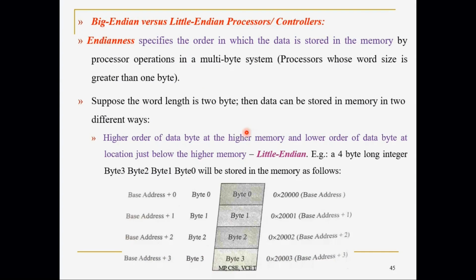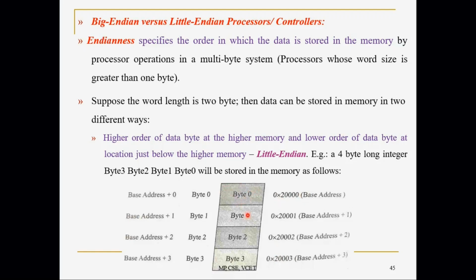So the next concept is about big endian and little endian. When you discuss a microcontroller or microprocessor to be the core of the embedded system, you can select based on the endian format also. Big endian, little endian. When you store data inside a memory, how will it get stored? Whether the lower order of the data stores in the lower address or the higher order of the data stores in the higher address. So in little endian, byte 0 stores at the lower address, 0, 1, 2, 3. For example, these are the addresses: 20,000, 20,001, 20,002, 20,003, where 20,000 is the lower address.